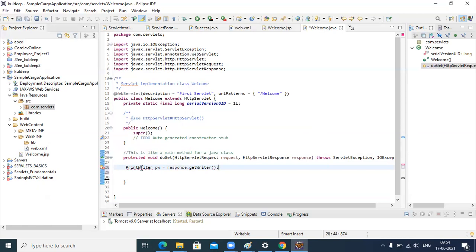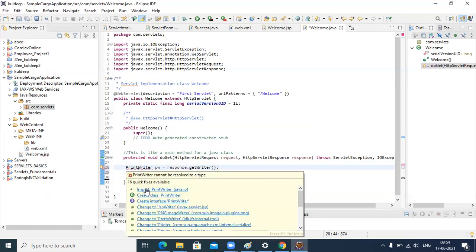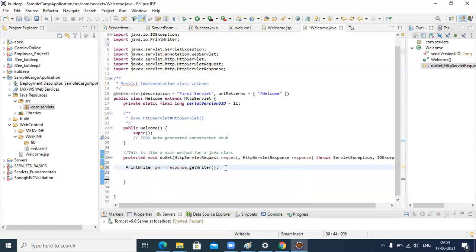Now you have to import the package PrintWriter. So we have received a PrintWriter. Why? To print data on the browser.